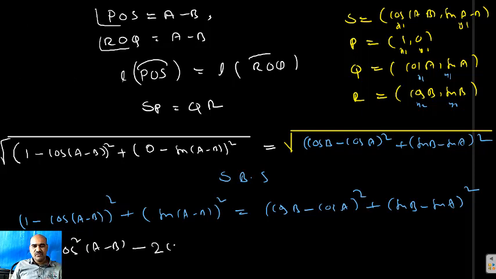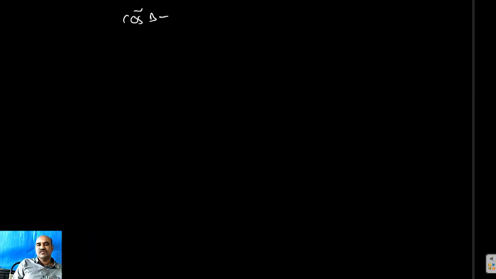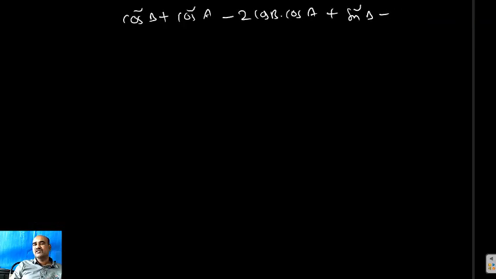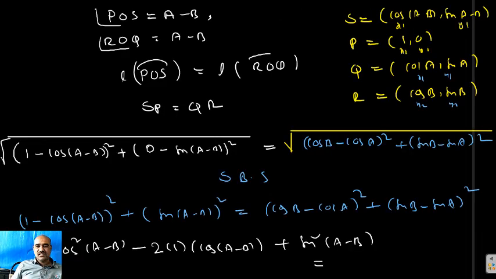Minus 2AB, 2 into A means 1, B means cos of A minus B, plus here A square directly sin square of A minus B, is equal to, I will write in next page, the space won't be sufficient here, cos B minus cos A whole square, cos square B plus cos square A minus 2 cos A cos B, no problem, A square plus B square minus 2AB, plus here sin B minus sin A whole square, sin square B plus sin square A minus 2 sin A into sin B, okay, is equal to, students observe Nana here, 1 as it is, 1,